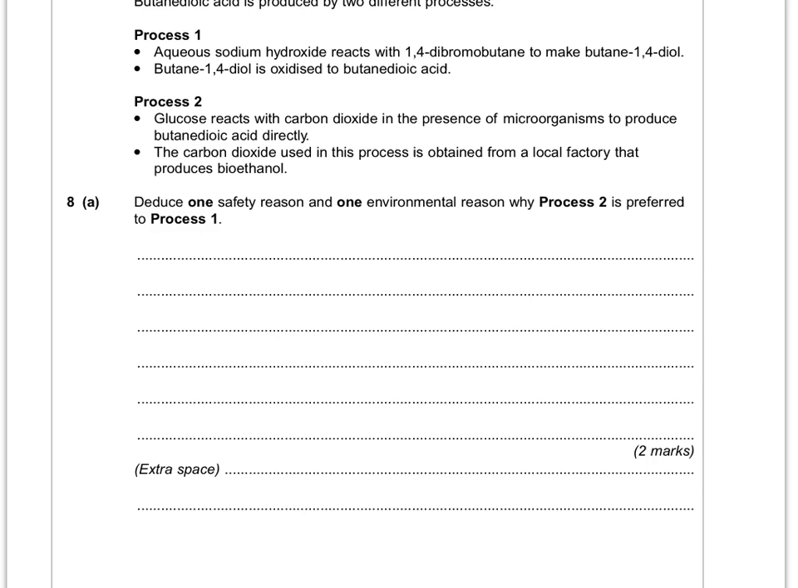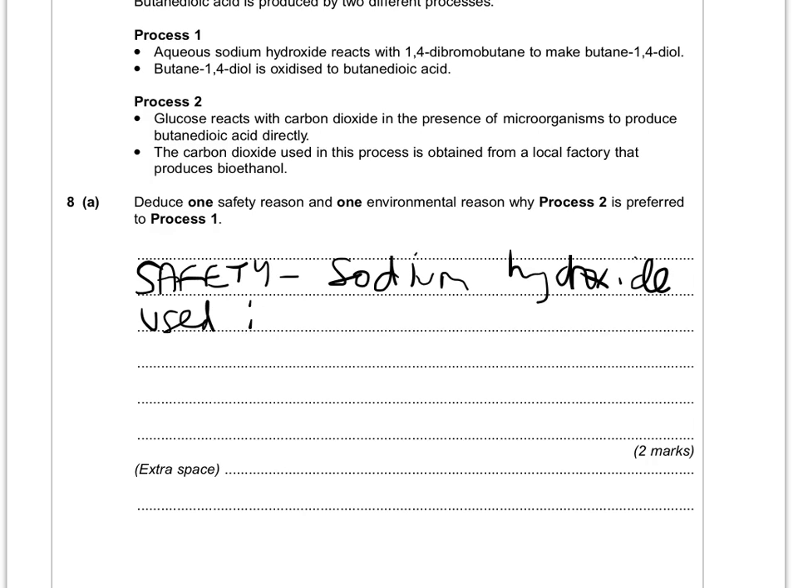So, the question says to deduce one safety reason and one environmental reason why process 2 is preferred. So safety, the sodium hydroxide is where you should focus here. So sodium hydroxide used in process 1 is corrosive. And then environmental,